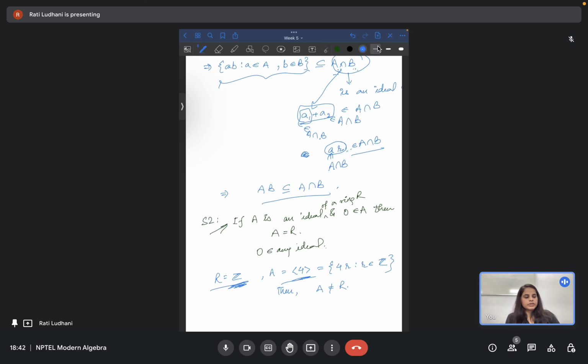So obviously it is trivial to say this is not the case, because otherwise what is the point of introducing an ideal? So 0 is always there, but